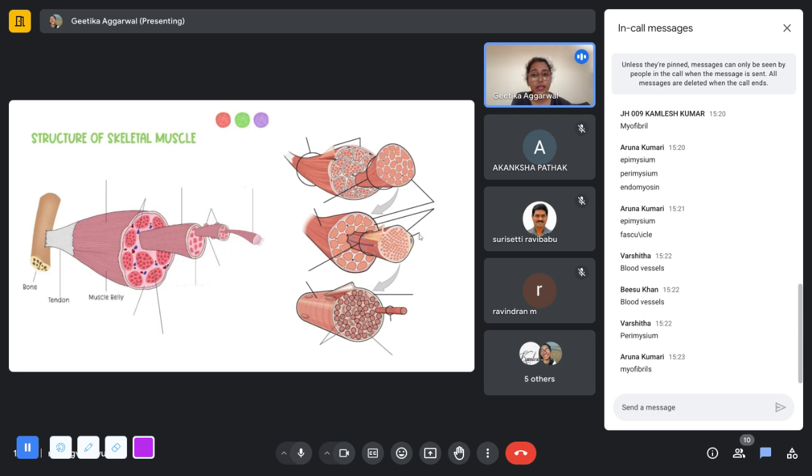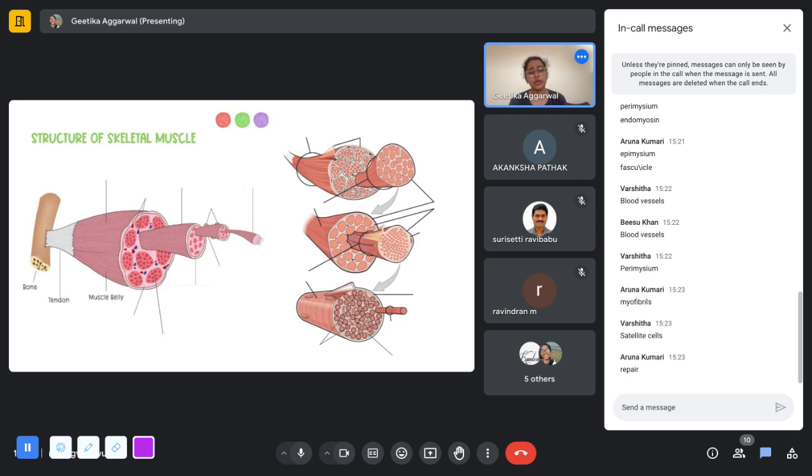But what is this cell that is found outside, or attached to the muscle fiber on the outside? This cell here that is attached to the muscle, satellite cells, correct. Satellite cells. So what role do satellite cells play? Why are they important? Repair. They help in the repair of muscle fibers.